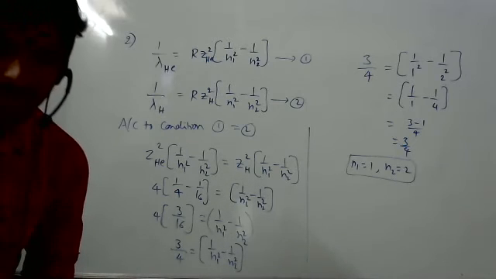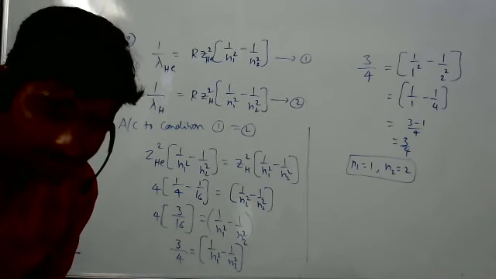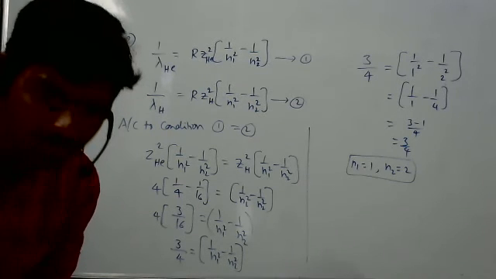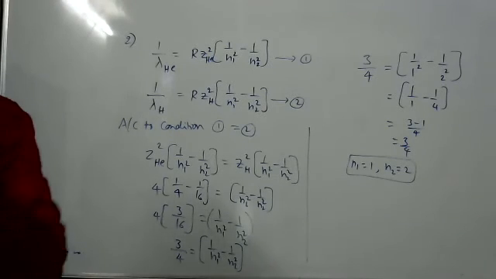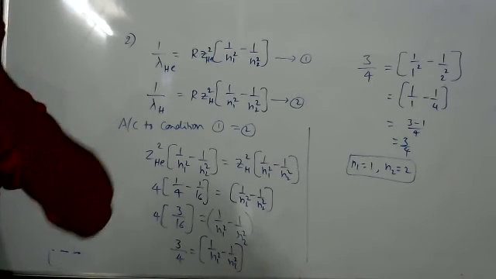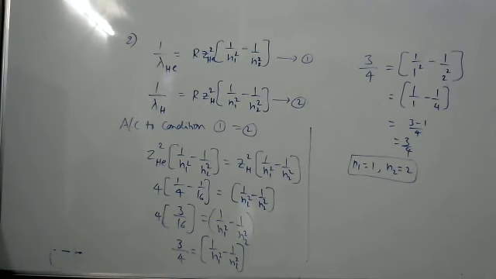Okay, read next question. Yashash? Prajwal? Yes, sir. Read question number 3. Which diagram best represents the appearance of the line spectrum of atomic hydrogen in the visible region? Okay. You can observe the options, the increasing wavelength. Option A, B, C, D given. Left to right, wavelength is increasing. So what is the correct option?